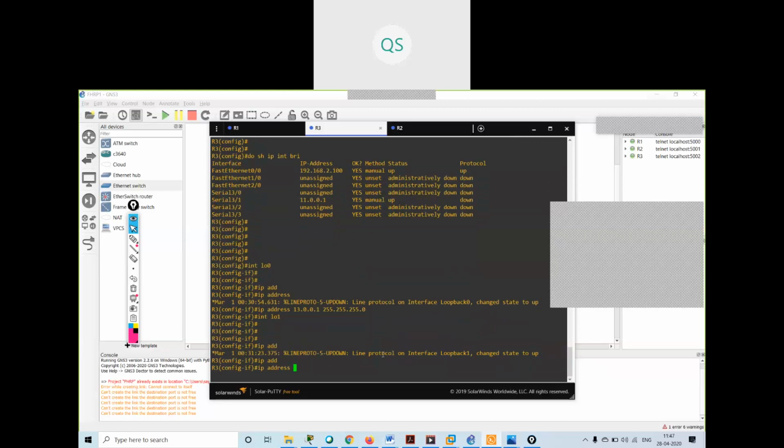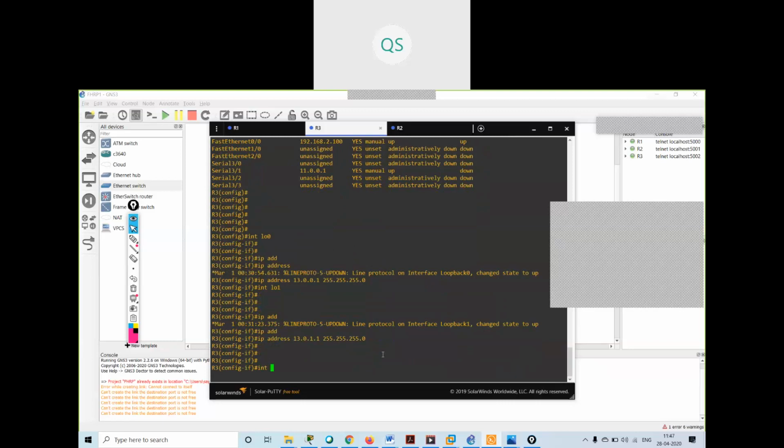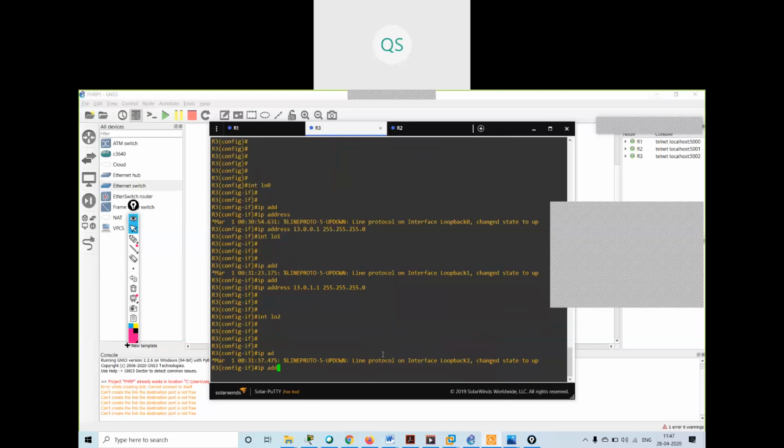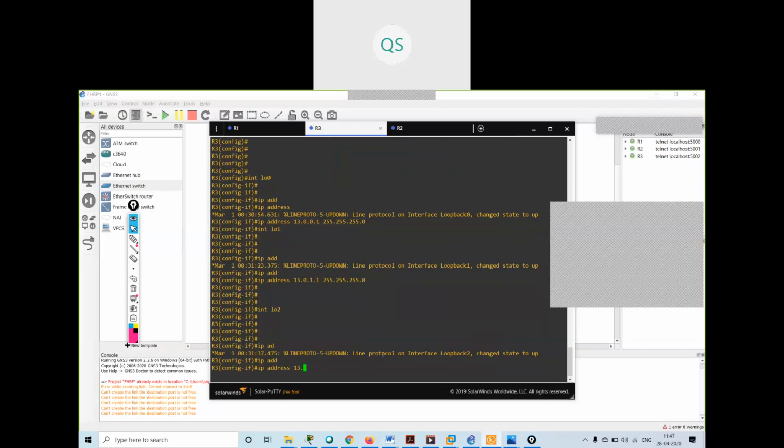IP address 13.0.1.1 /24. Interface loopback 2, IP address 13.0.2.1.